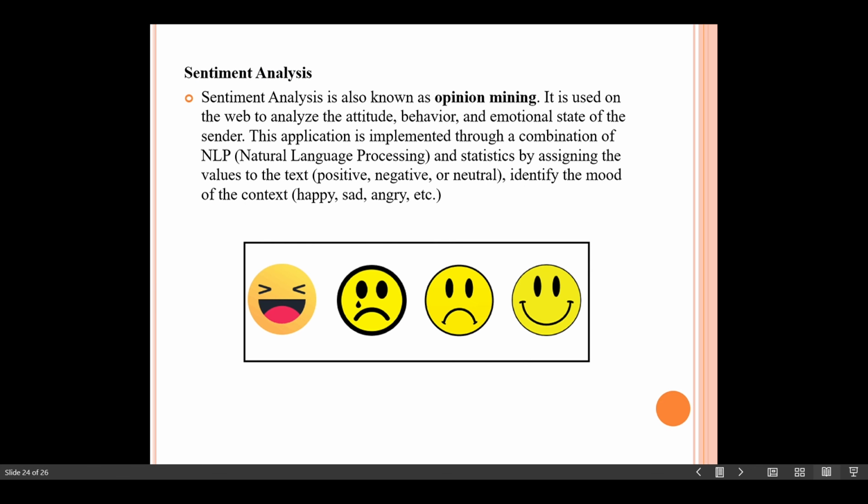And thirdly, we have sentiment analysis, which is also known as opinion mining. This is used on the web. It is used to analyze the attitude and behavior of the sender. This application assigns values to the text, like if it is positive or negative or neutral.